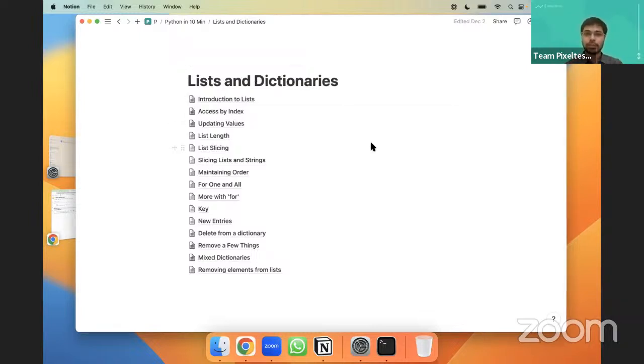So we'll be using lists and dictionaries more going forward. This is to give you an understanding of the syntax and how these items function. If you've understood lists and dictionaries, type LD in the chat box. Thank you, Roshni. Great.